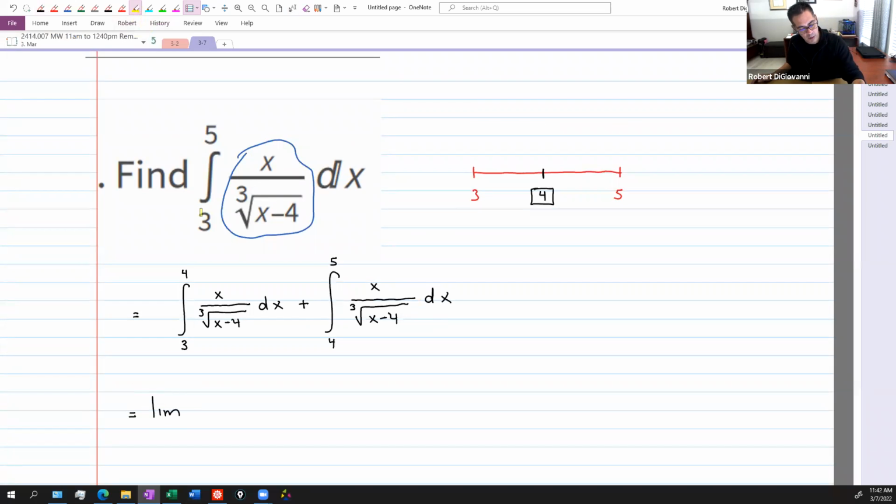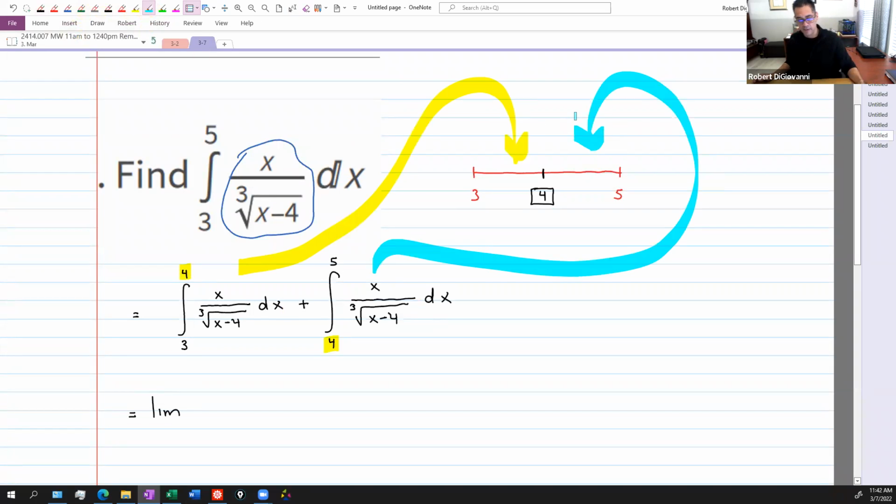Now remember, our problems are at 4, right? This one represents that side. This one represents that side. So when I do the yellow one, I'm going to let t approach 4 from which side? Left or right? Left. And I'm going to go integral 3 to t and then x over cube root of x minus 4 dx